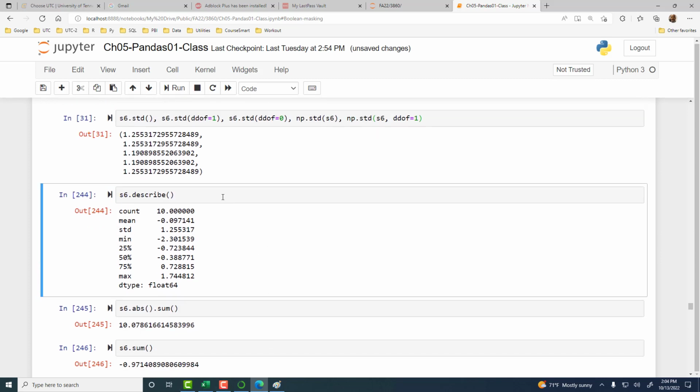Then there is another very useful function in pandas, that is describe. So if you do s6.describe, it's going to give you a bunch of useful statistics. It's going to give you a mean. So start with count, how many there are, what is the mean, what is the standard deviation, and then it gives you the